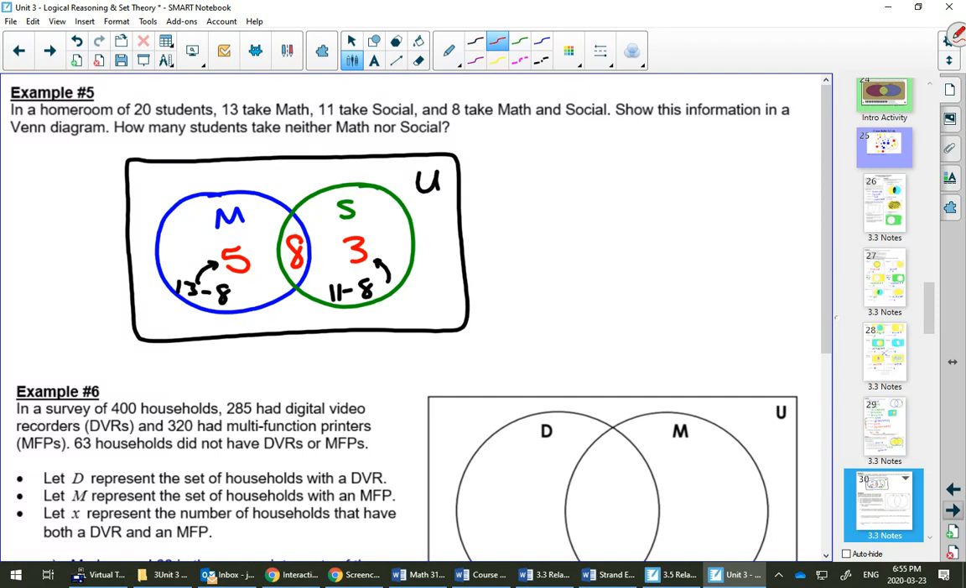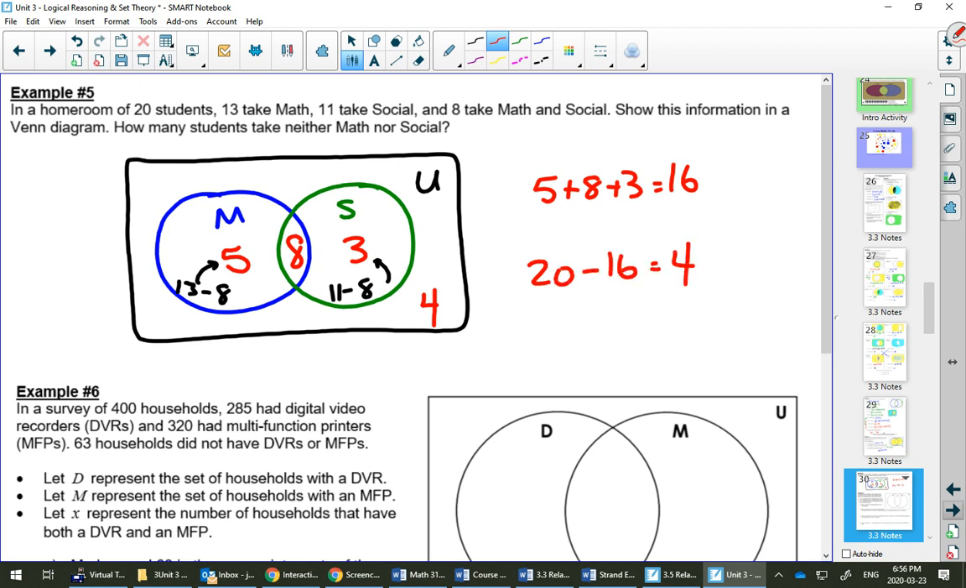Now, at this point, a lot of people will say, okay, I'm done, I got everything filled in. But we have to check, does this add up to 20? If we add up 5 plus 8 plus 3, that only gives us 16, but we need 20 students. So that means there are 4 students that don't fall into either of those categories, because 20 take away 16